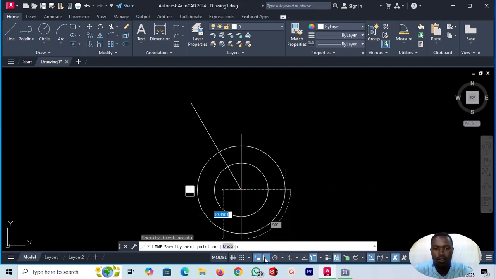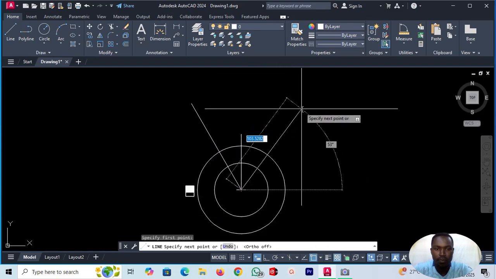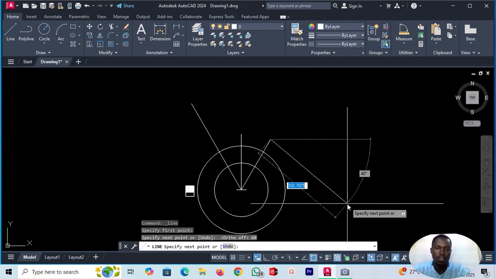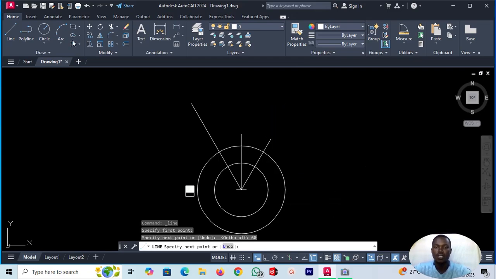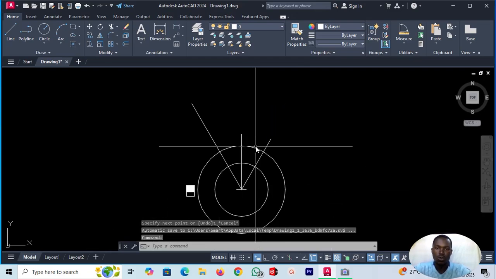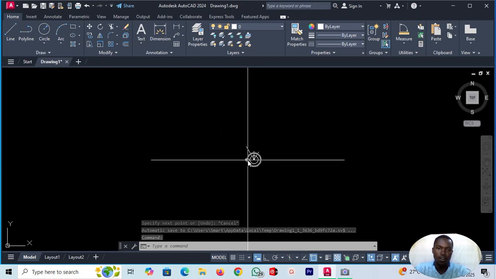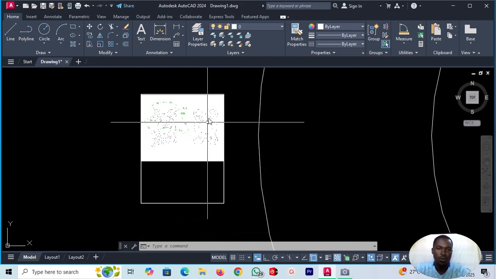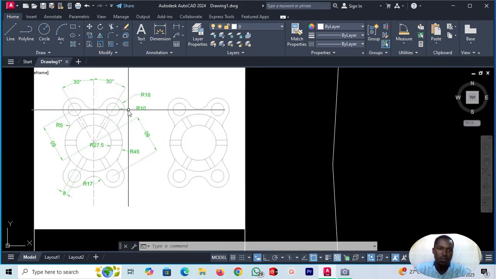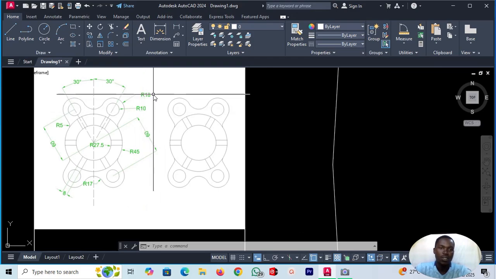I deactivate auto mode. Press 60 millimeters, press tab and 60 degrees, press enter. That will be our line equaling 60 millimeters. So what we shall do, our radius of the small circle was 10 millimeters, and then the outer one being